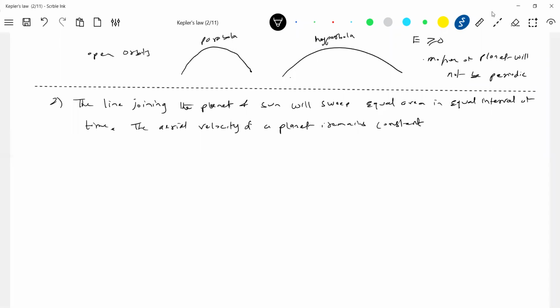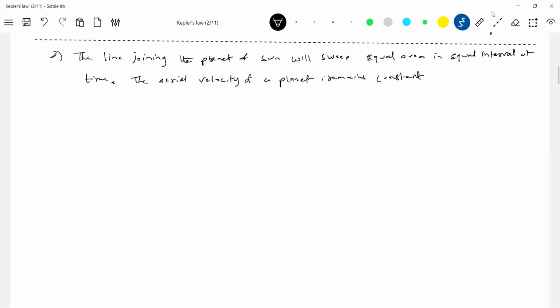Okay, let's get into the mathematics of this one. First, let me show what we mean by areal velocity and how it will be constant, and if it's constant, what is the use for us? In physics, what we are bothered about is how to utilize a law, how it is going to help us in solving numericals. That's what I'm going to stress now.